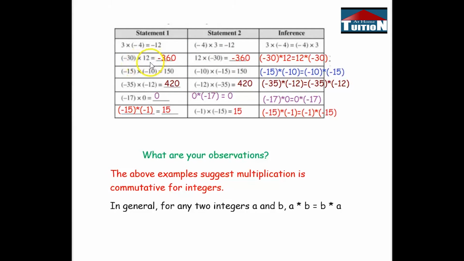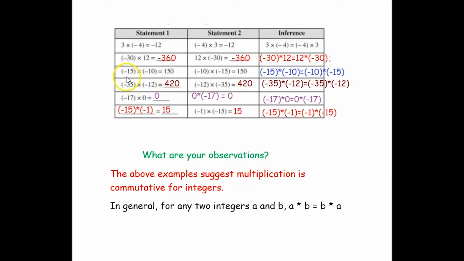So next statement, negative 30 into 12. So same we have one positive number and one negative number. Okay, so first we have to multiply the numbers. 12 into 30 is 360 and we have to write the negative sign in the front. So it is negative 360. Next we have interchanged B and A. It is B into A, that is 12 into negative 30. So first we have to multiply the integers 12 and 30. So it is 360. And since we have only one negative sign, we have to put the negative sign in the front. So it's negative 360. So we can write negative 30 into 12 equal to 12 into negative 30.